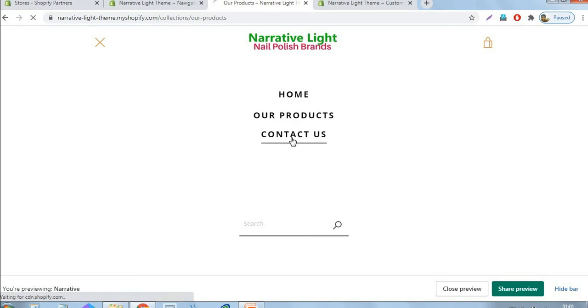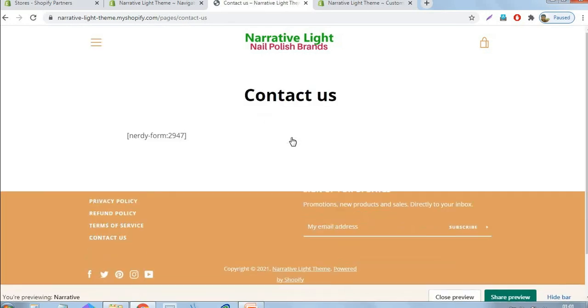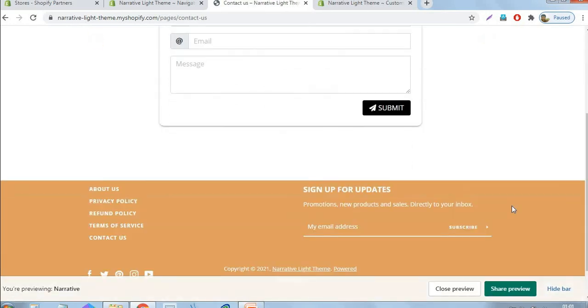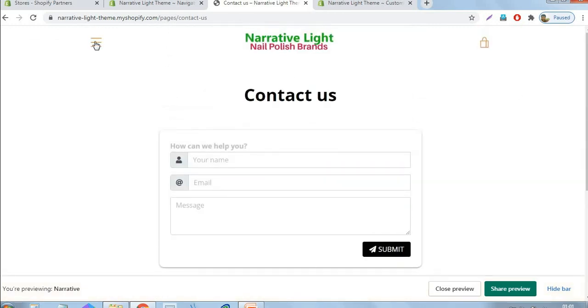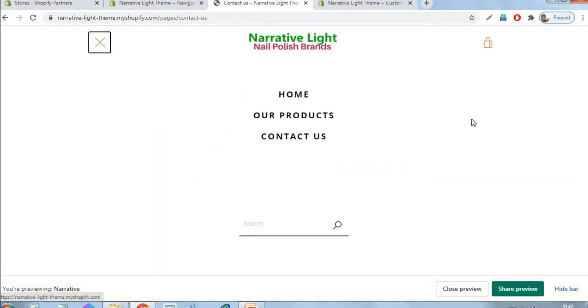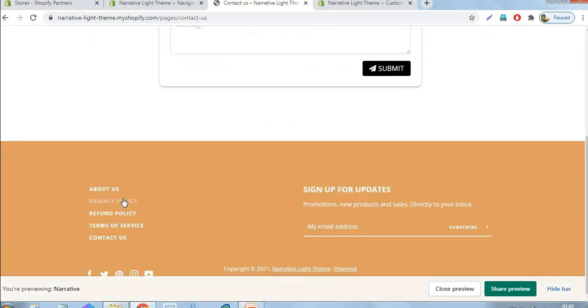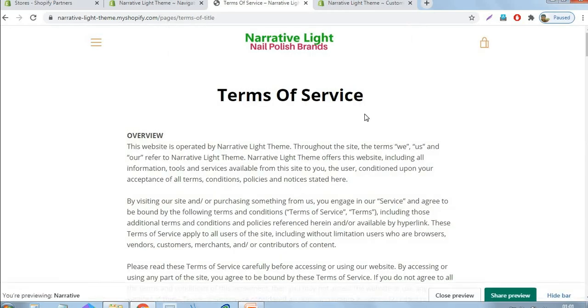This is the contact us page. Other pages, let me see. For example, the terms of service page, we will see. Okay, this is the terms of service page.